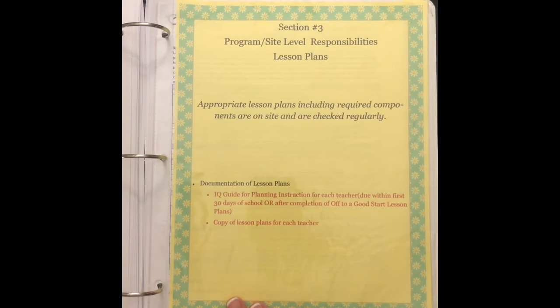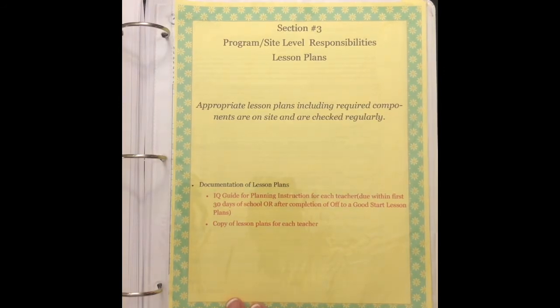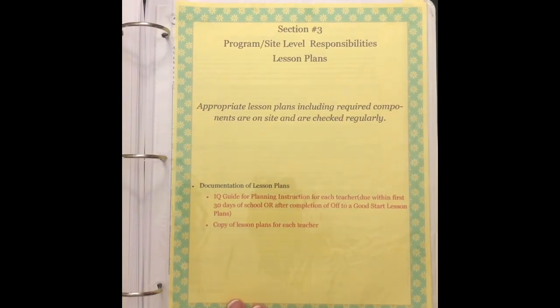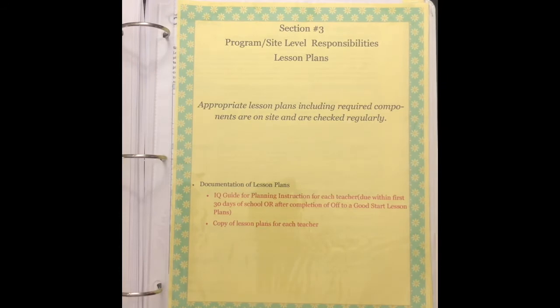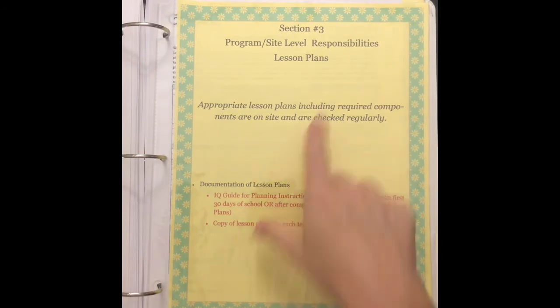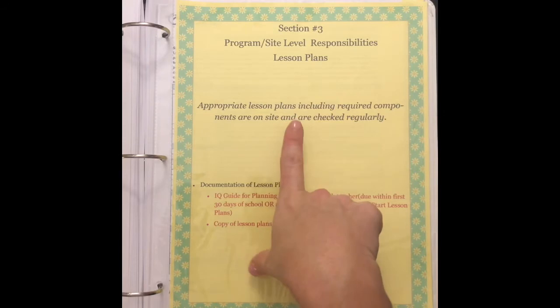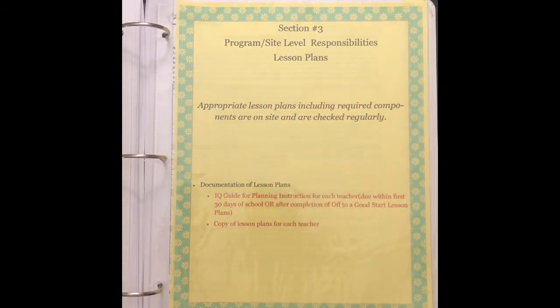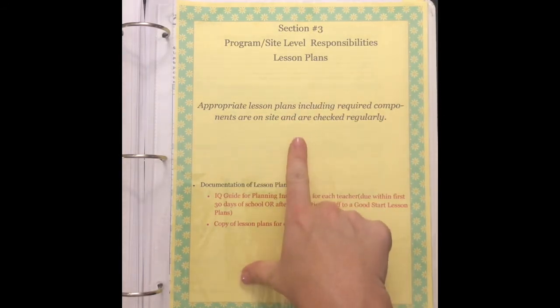Section 3 also helps directors monitor classroom components, specifically for monitoring teacher items and things like that. So the first thing that we're going to look at under Section 3 is appropriate lesson plans. It's the site director's job to make sure that there are appropriate lesson plans on site and that they're checked